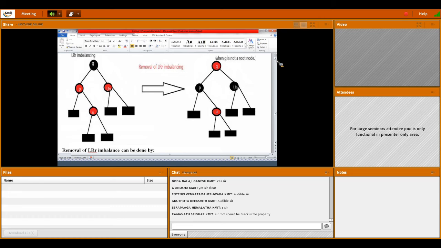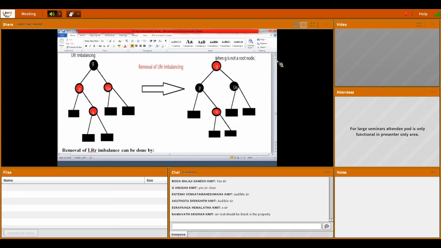So for example, in a tree only 4 are there, like P, G, U, N. Now we inserted U. Then the root should be black. But it is not a complete tree, it is only a subtree, part of the tree. In such a scenario, when G is not a root node, make G red.